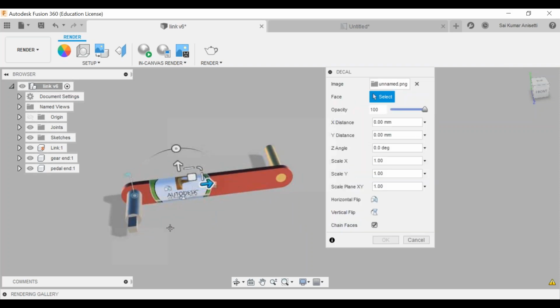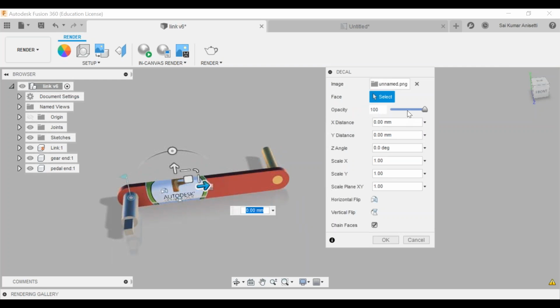So this is my thing. I have opacity, distance, angle, scale. Now I want to scale that down to 0.5. No, it is going to do 0.3. Okay, scale factor over here is 0.3.